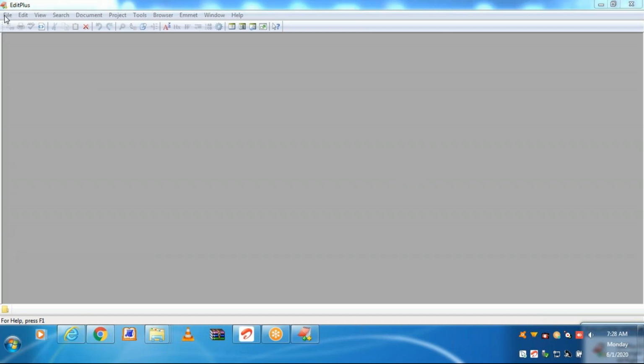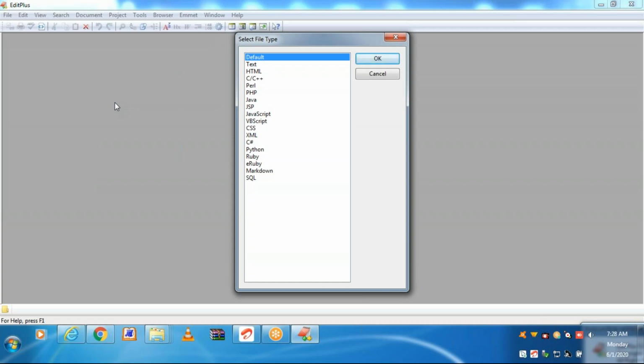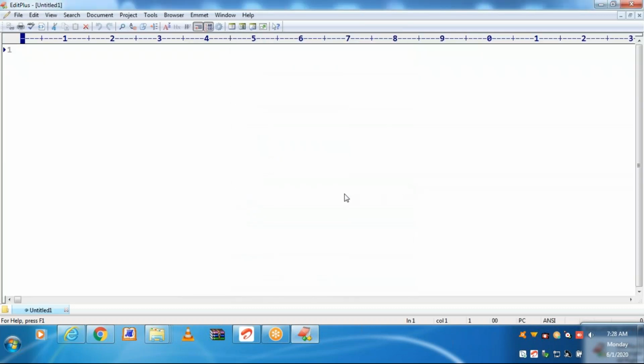Now go to File, New, Please option, Others. You can see the Python type. Python. Click OK. So a Python type file, you can just go for straight away.